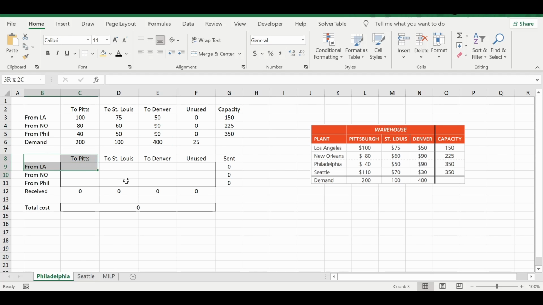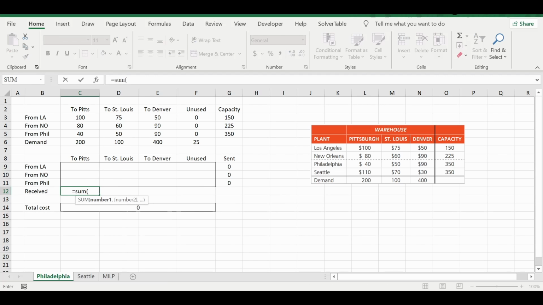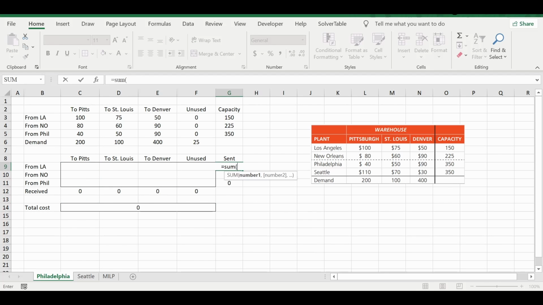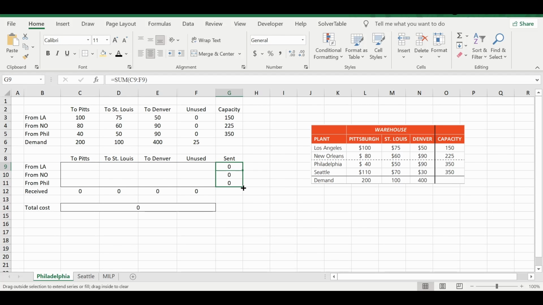Now the next step should be to make a blank table. Why blank table? Because here the optimal solution will be populated after you run the solver. In this particular row you will compute the total by using the sum function, and here also you will do the total. This is the total units sent.